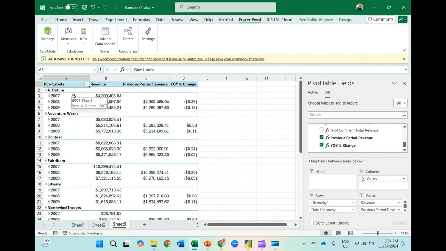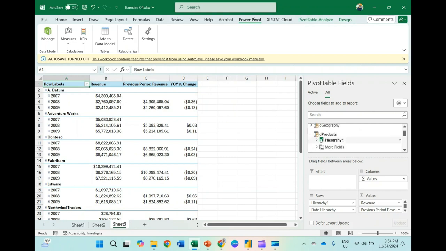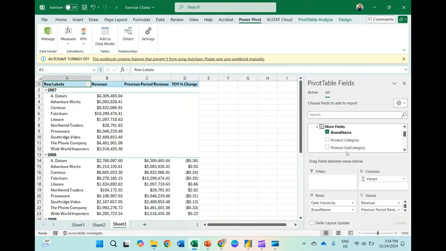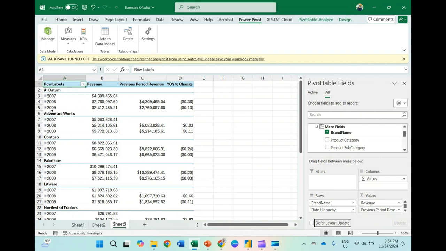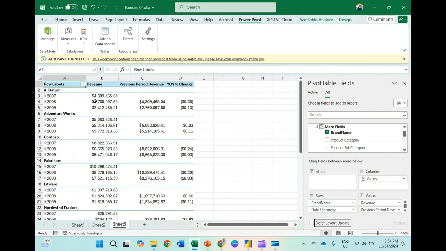Okay, so this is based on the brand. Is it brand? Oh, I don't want to put based on the product hierarchy, only based on the brand. Exit and choose brand. Brand is above the dates. So this is for every brand, and you can see the changes here. This is decreasing. The bracket means a negative percentage.